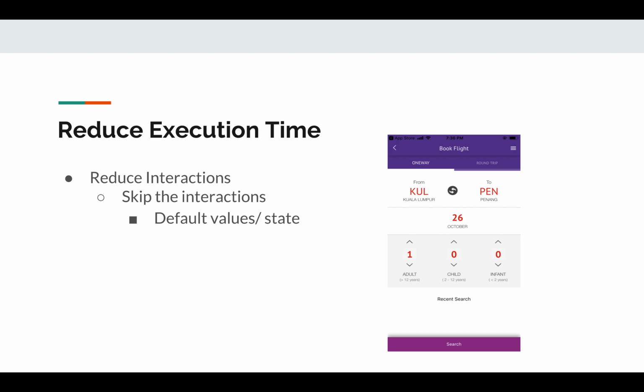And the final challenge, which we had to overcome, was to reduce the execution time. Whatever I had discussed has contributed in some way or other to reducing the execution time. And one of the nicest ways, along with the other ways, which we found to reduce interaction, is to avoid the interaction altogether, and use the default state and default values of the application